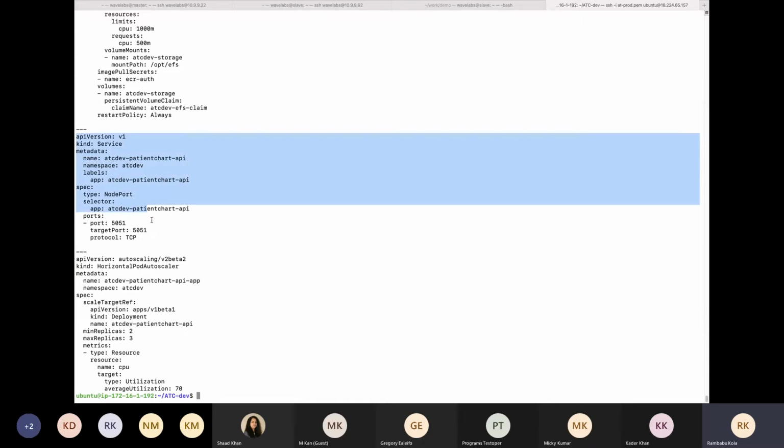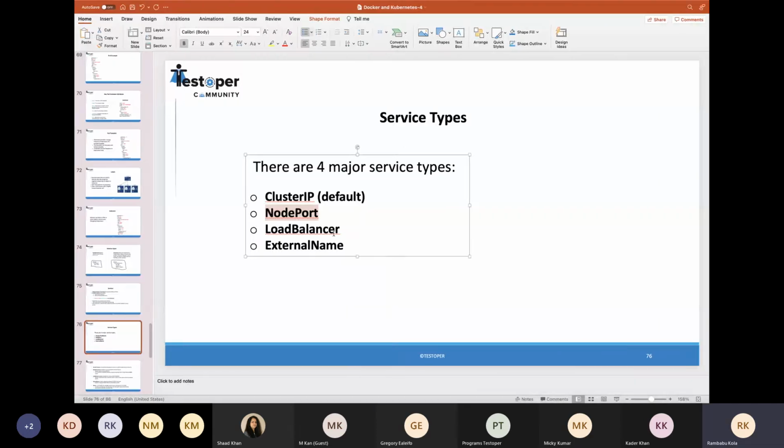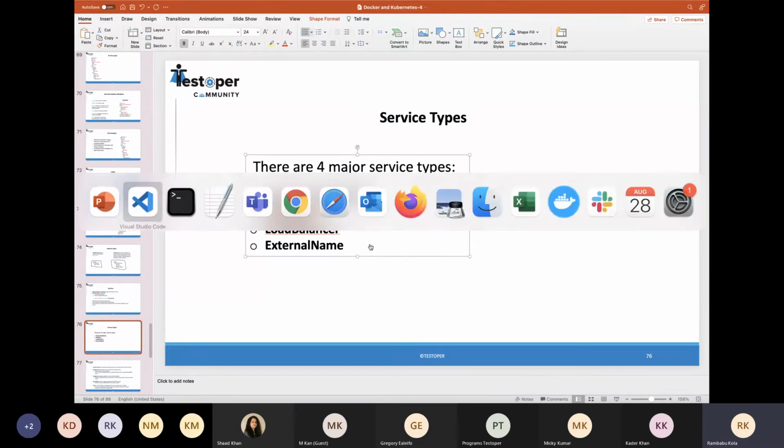So when we define a service, we normally define the type, like NodePort or ClusterIP or LoadBalancer. We specify it here. Using this NodePort, I can directly communicate with the pod using this particular port instead of going through a load balancer and everything. We use this, but it is not recommended in production. It's only for development and testing purposes that we use node ports, and in high availability environments we normally use ClusterIP. The same goes for the LoadBalancer and the ExternalName.